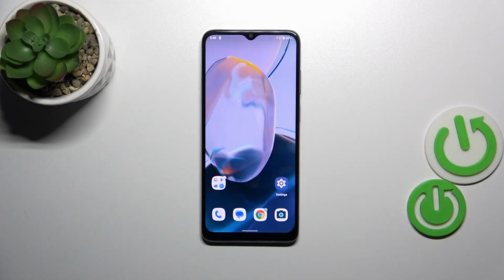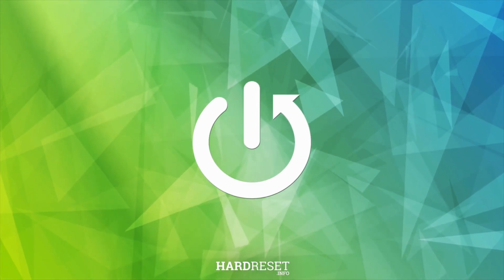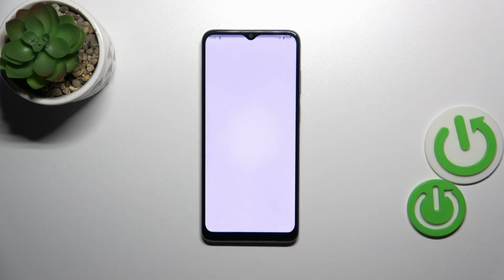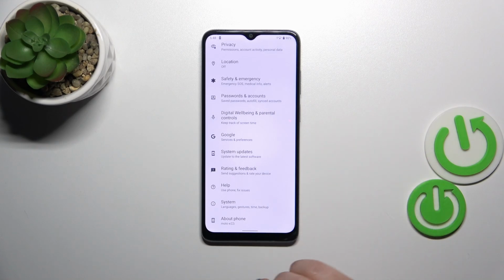Hi everyone, in front of me I've got Moto E22i and let me share with you how to reset network preferences on this device. So let's start with opening the settings, and here we have to scroll to the very bottom in order to